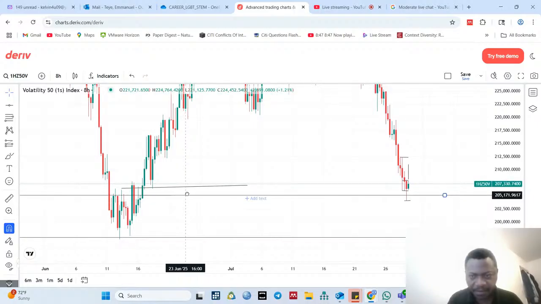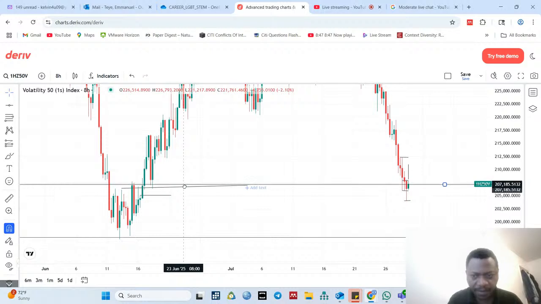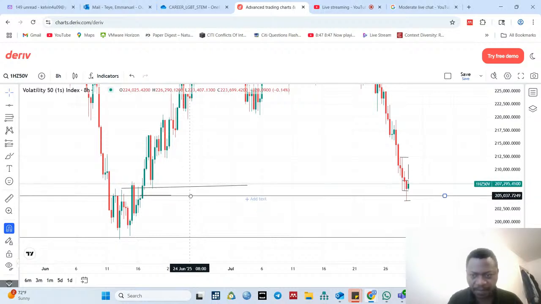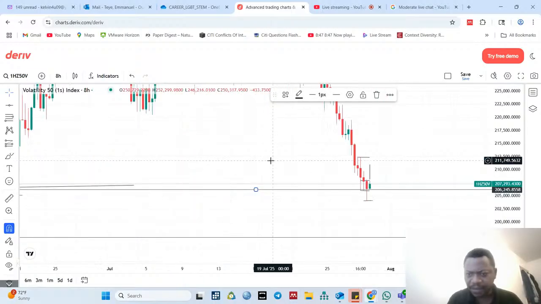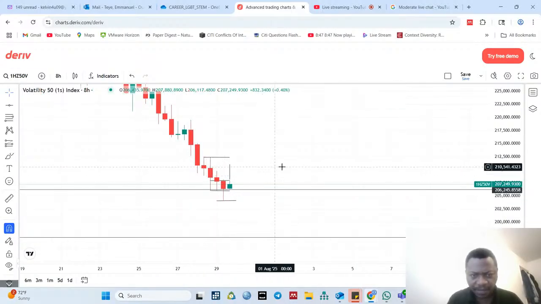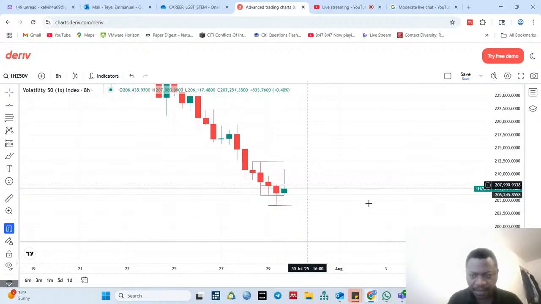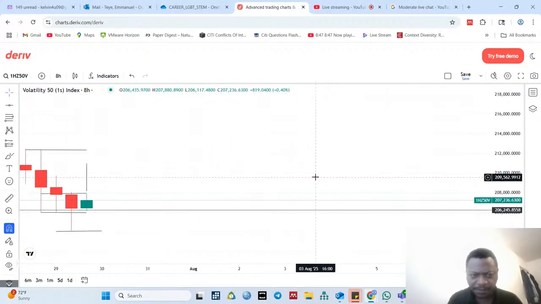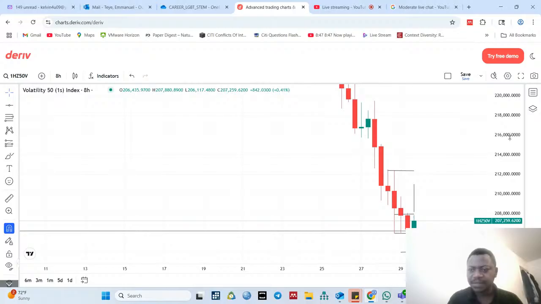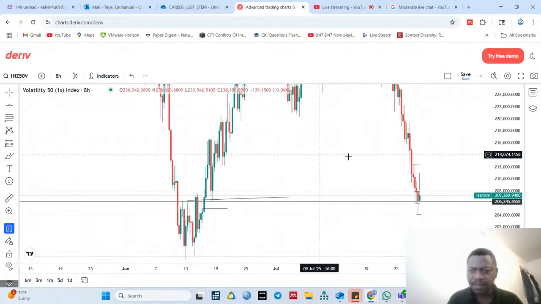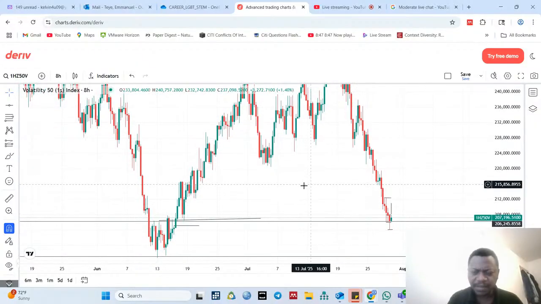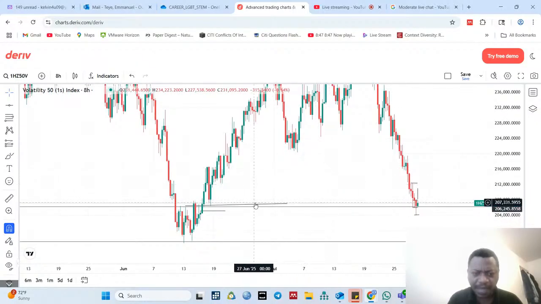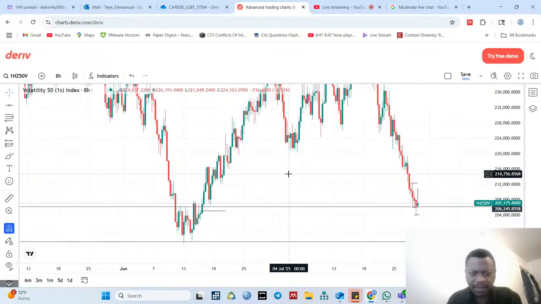Okay, after sweeping this liquidity, it pulled into the fair value gap, pushed down, and then rejected up into the value gap again. And the new 8 hour candle opened and is making its way to the upside. Okay, so that is giving me a scenario that there is a likelihood we might have some kind of a pullback based